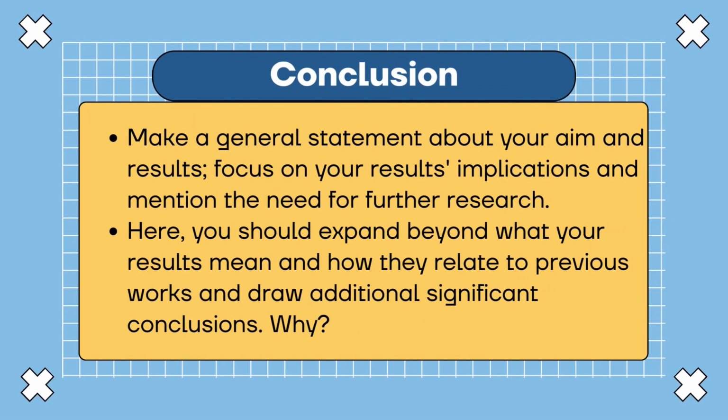Let us now move on to the conclusion. Make a general statement about your aim and results. Focus on your results implication and mention the need for further research. Here, you should expand beyond what your results mean and how they relate to previous works and draw additional significant conclusions. Why? So, in this section of your paper, you provide a summary of your main aim and the results